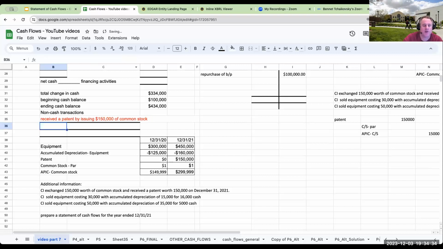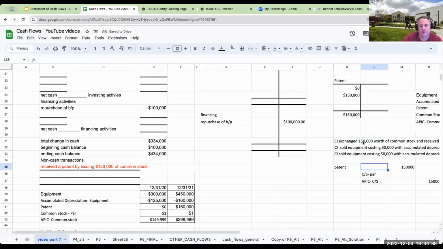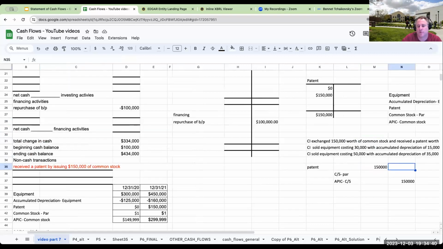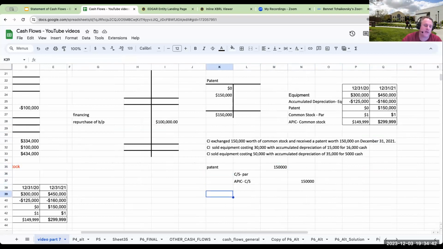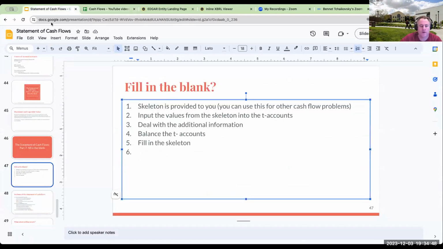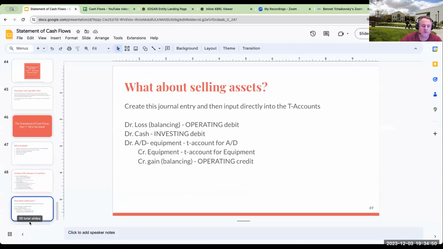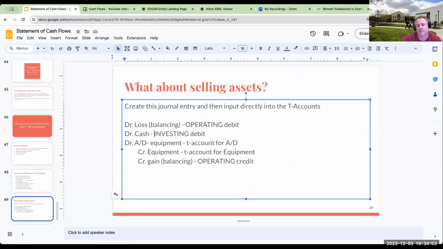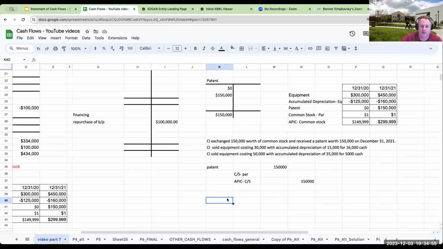This is a non-cash transaction. It still has to be input into the statement of cash flows, but that's how we're going to go through and deal with it. Let's go ahead and look at our next one. The next two questions deal with the sale of equipment. When we're going through and dealing with the sale of equipment, we need to remember this journal entry, which is